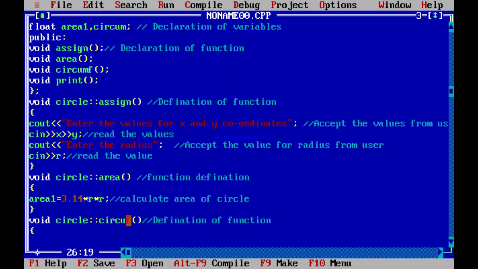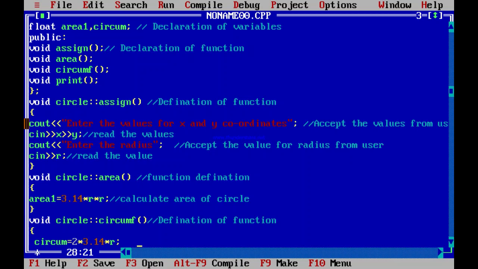So here circum f. Now which variable we declared over here? That is a circum. So in this variable we are going to store the circumference of circle. So what is the formula? 2 pi r. So 2 into 3.14 into r. So this is the formula to calculate the circumference of circle.